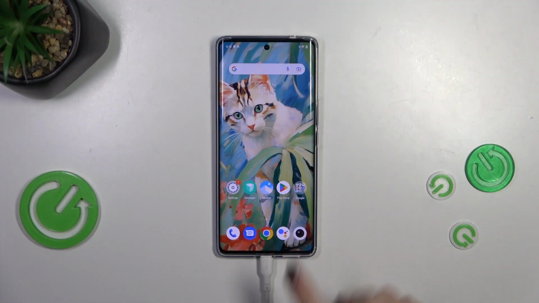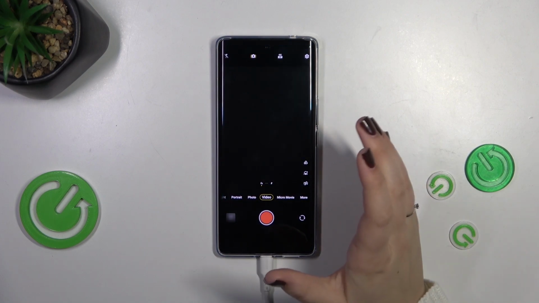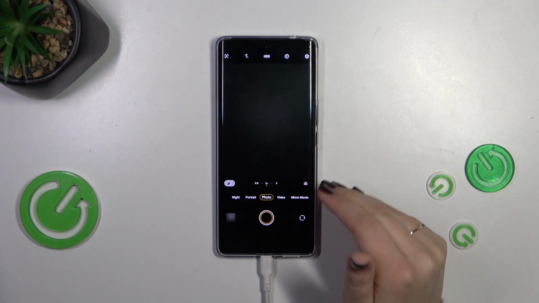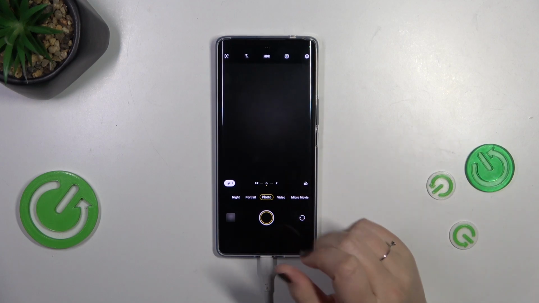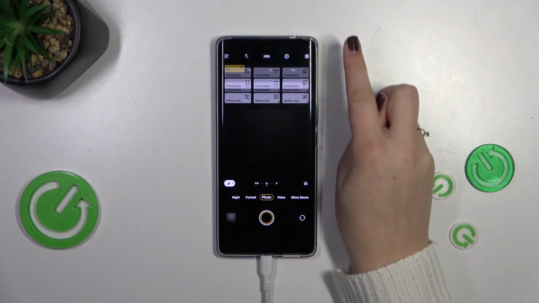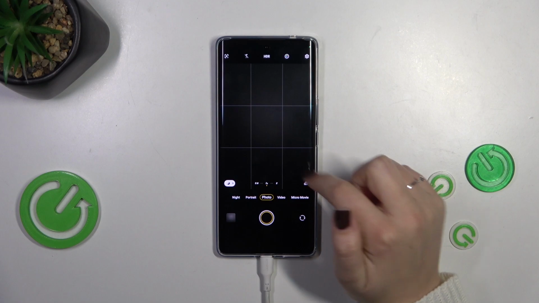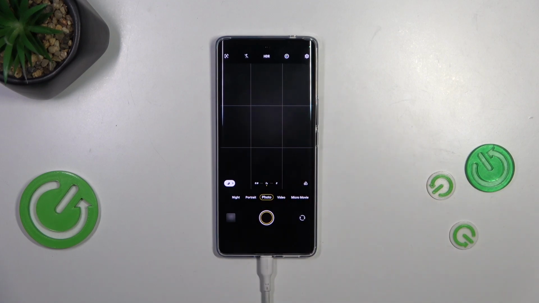So let's start with opening the camera app, and it does not really matter on which mode you will be. You can be on the photo or video mode, whatever, but before we start, let me apply the grid lines actually. I hope that you can see them. I've applied them basically because I'd like to show you the visual evidence that the reset option will work, so